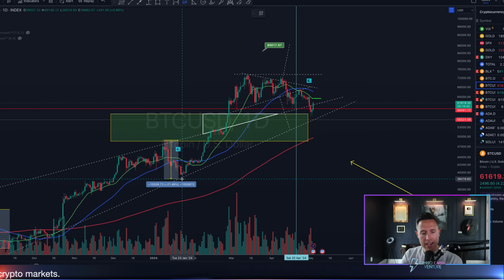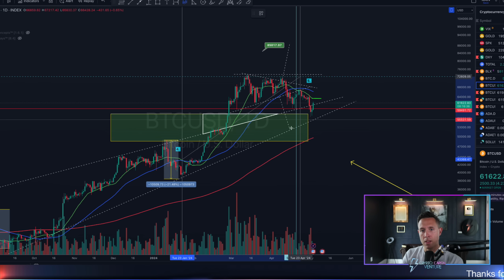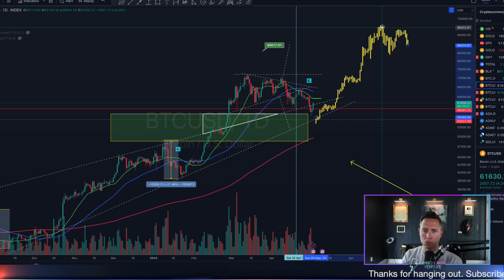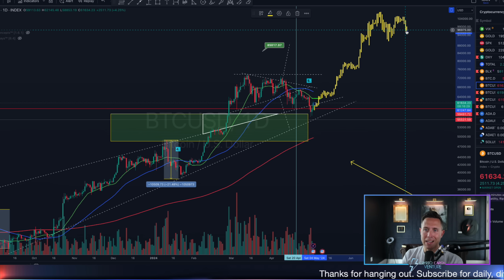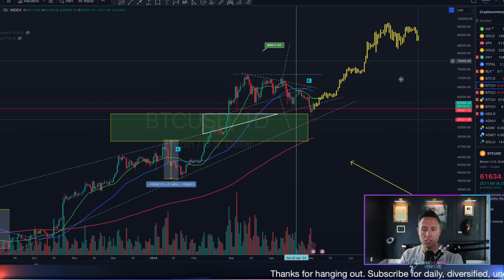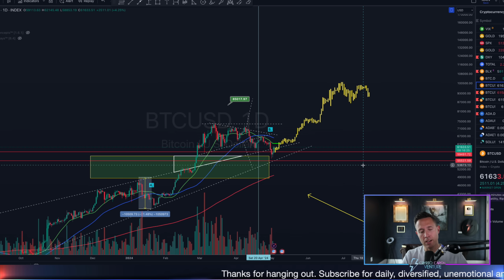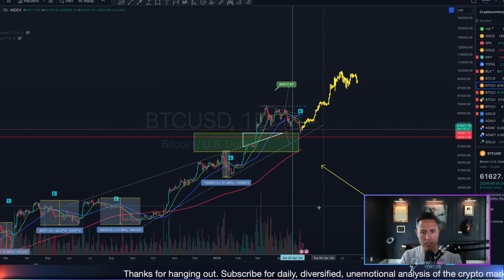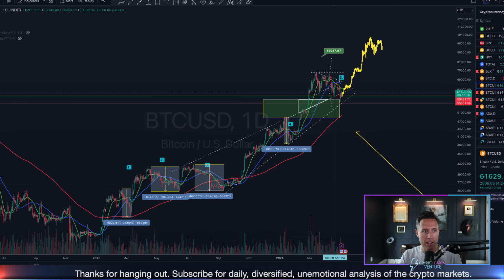Let's say Bitcoin's bottoming out in this higher low environment, similar to last time, and it's going to make a next leg up. It doesn't have to look exactly the same as this fractal here, but you can just see potentially this could be what it looks like for Bitcoin to see continuation. And one thing I really want to make a note of is that if we zoom all the way out on this daily chart, you can see Bitcoin in this